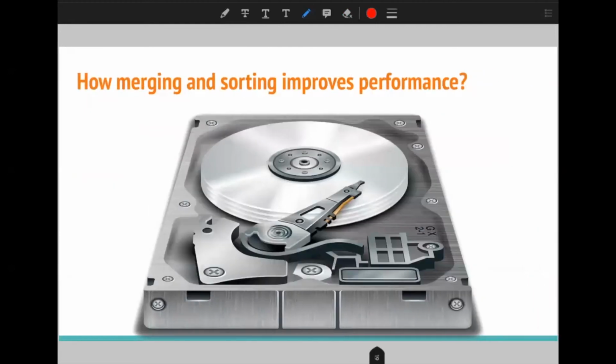So here you can see this is the actual disk, the hard disk. This is the read write head, and here we have this structure. This structure is divided into different sectors, like sector 1, sector 2, sector 3, sector 4, sector 5.